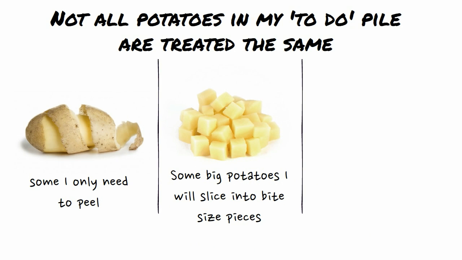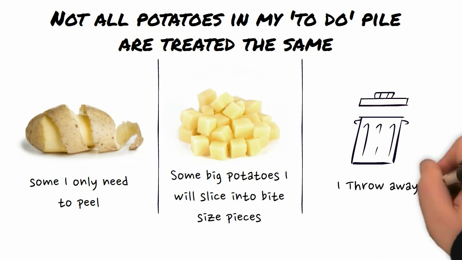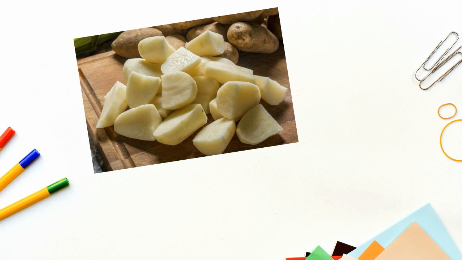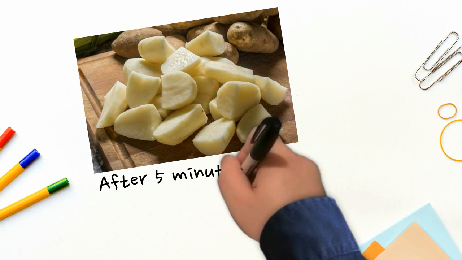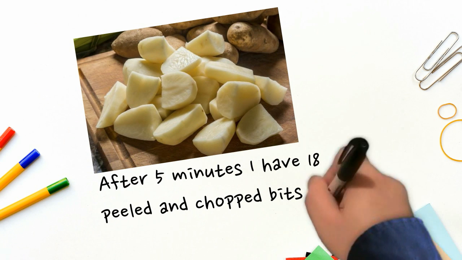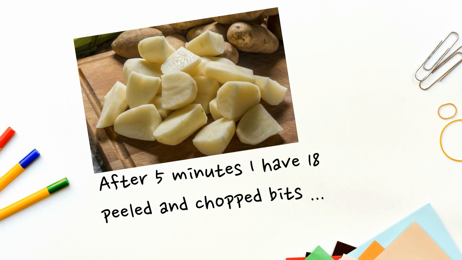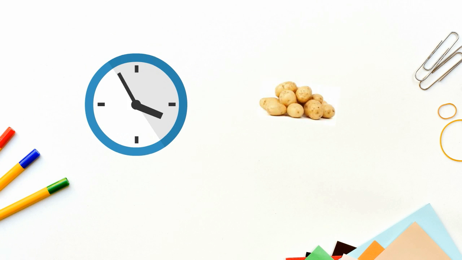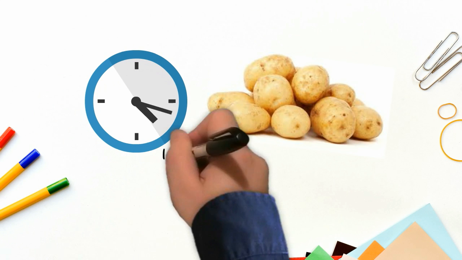And finally, there are some potatoes that when you start to peel, you discover that they are just bad and throw them away, or as you split them, you discover that some pieces are bad and they can be discarded. This time, if my wife comes along and asks me how much longer it can take, I can look at my pile of sliced potatoes and I can count how many I've done in the last 5 minutes, which is 18. I can also count how many potatoes I still have left to peel, which is 30.